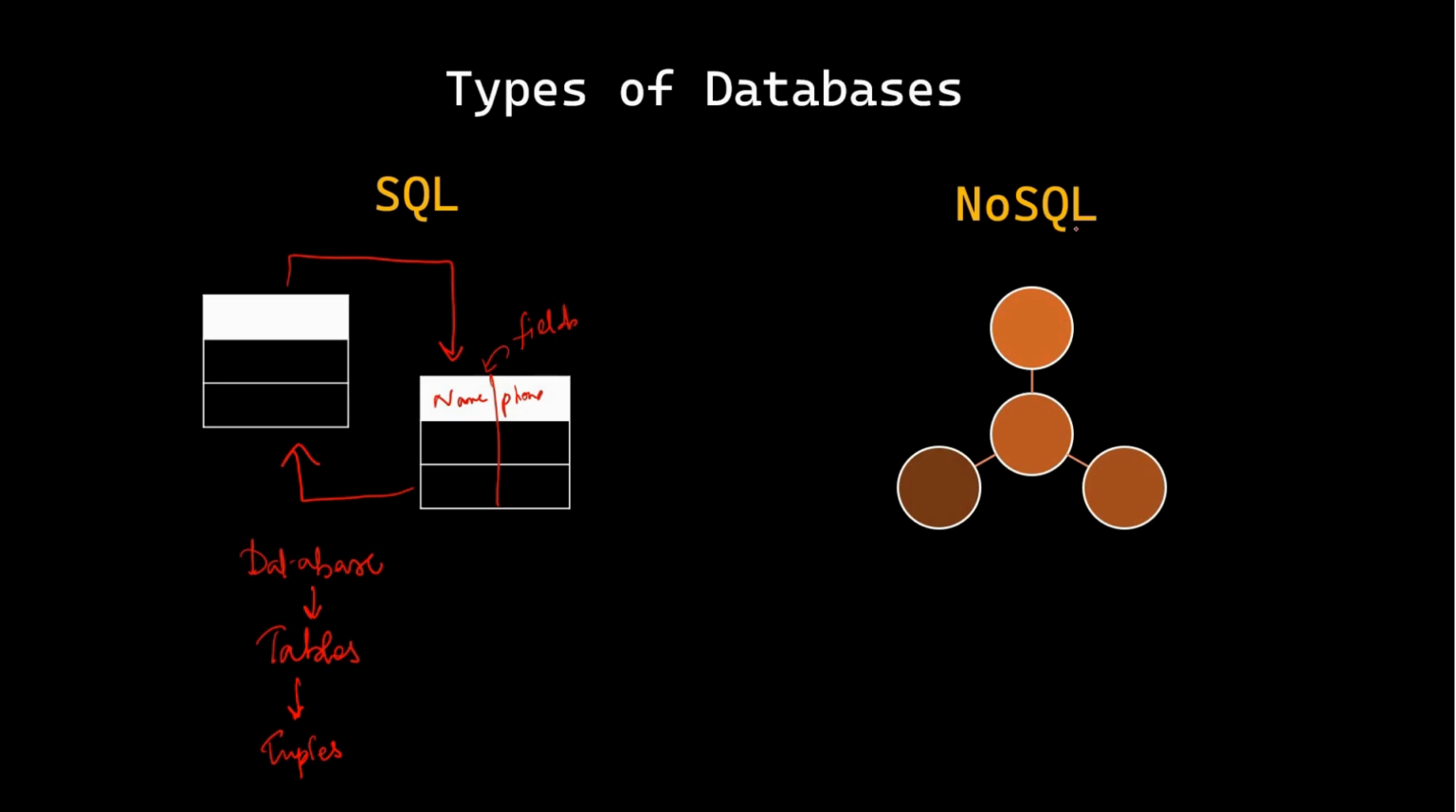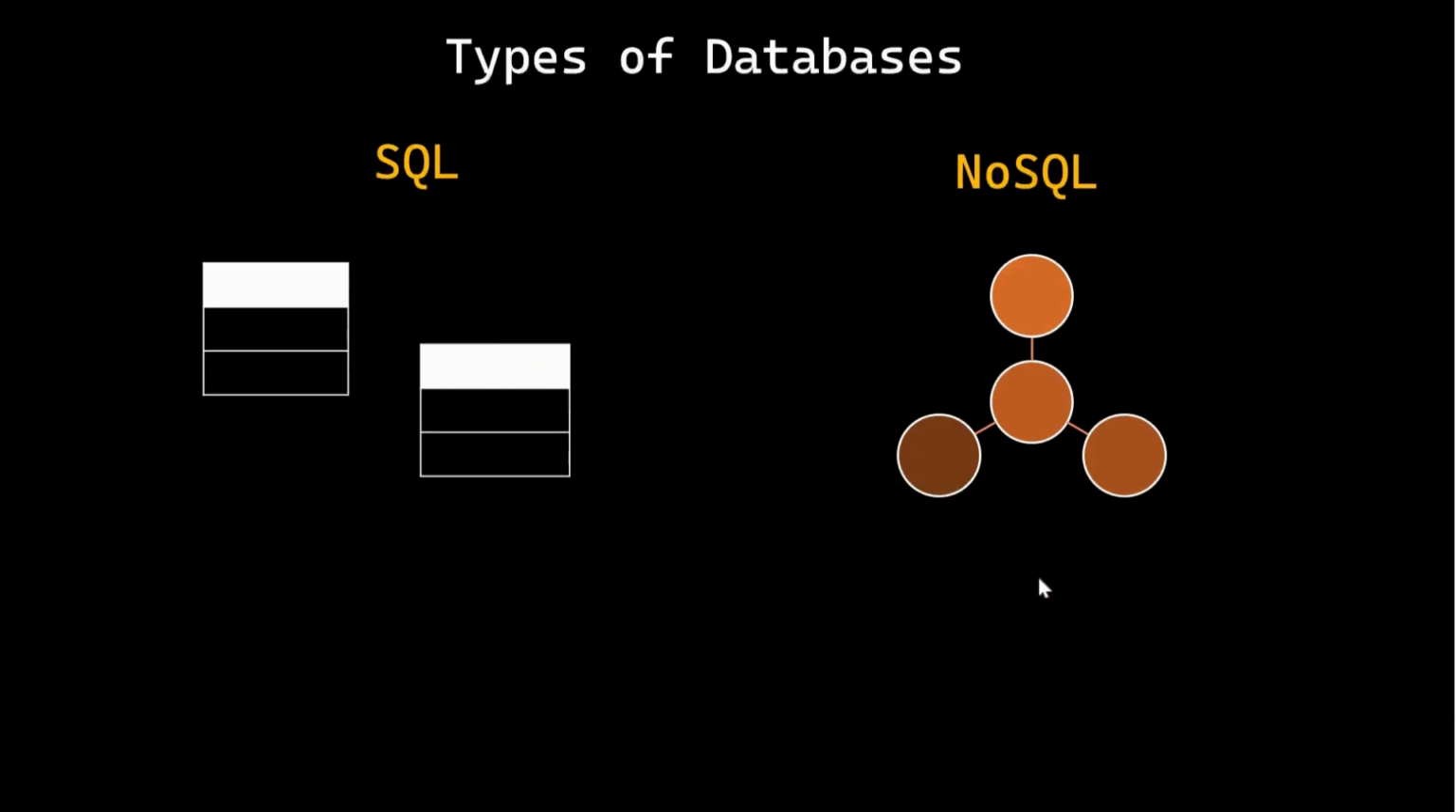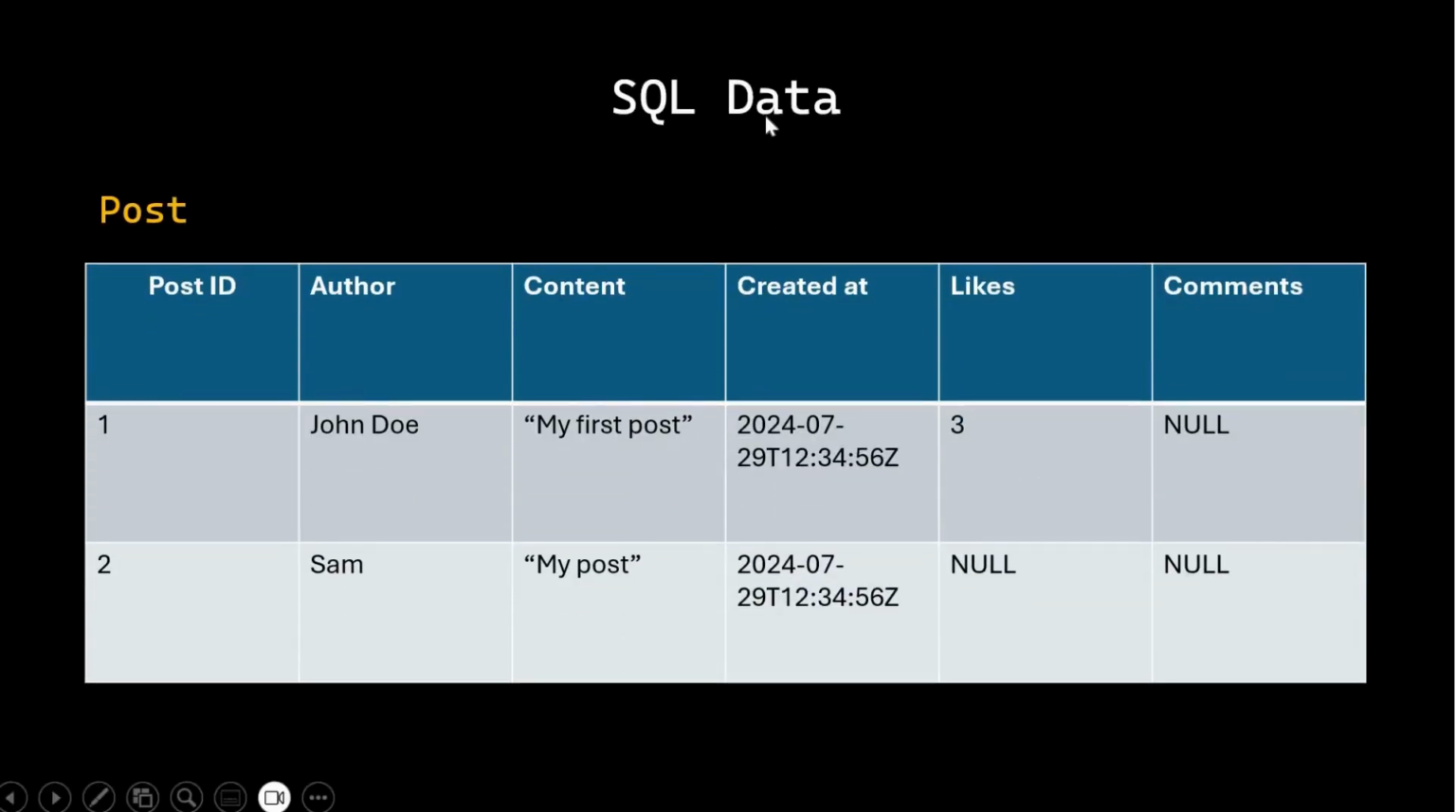Whereas in the NoSQL databases, the database is actually called database itself, and within the database, the tables are actually called collections, and within each collection you have documents. So each of the rows of data are called documents. So I think that's enough of the key terms, and now let's move on to see